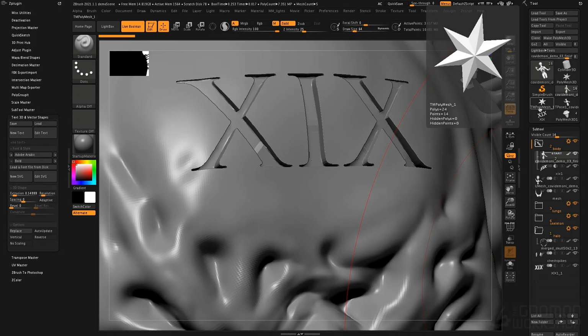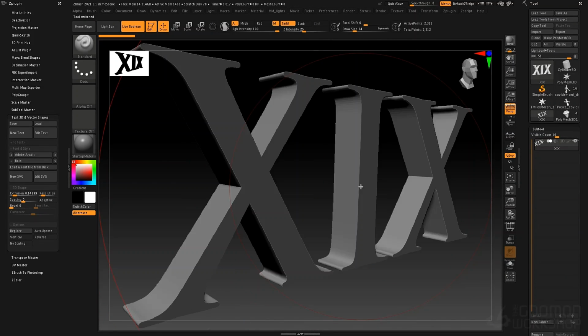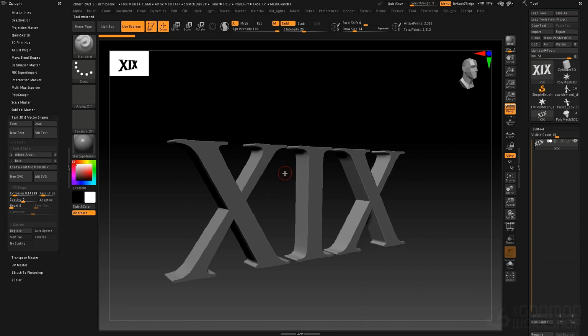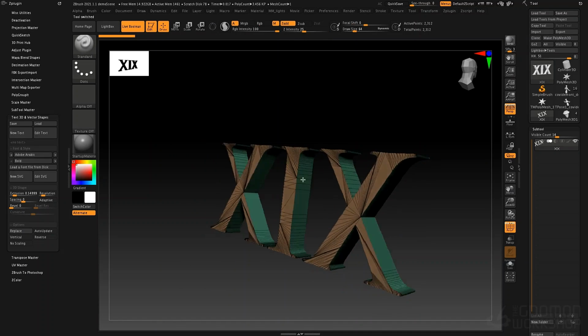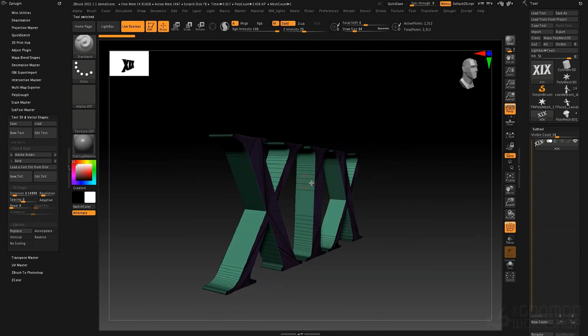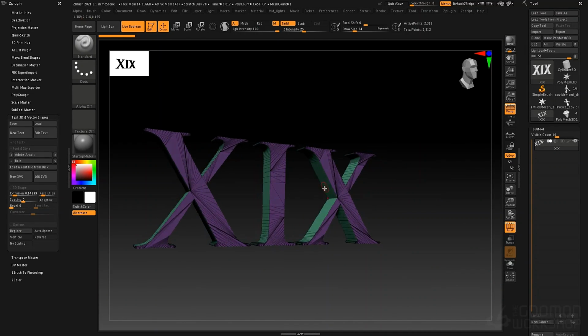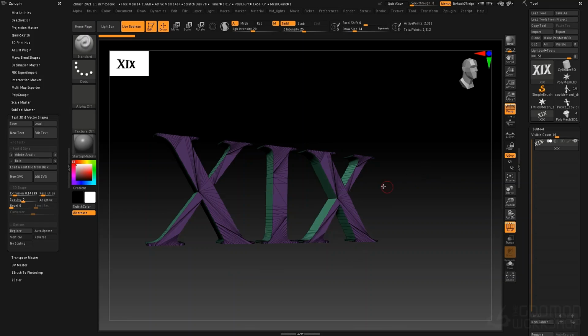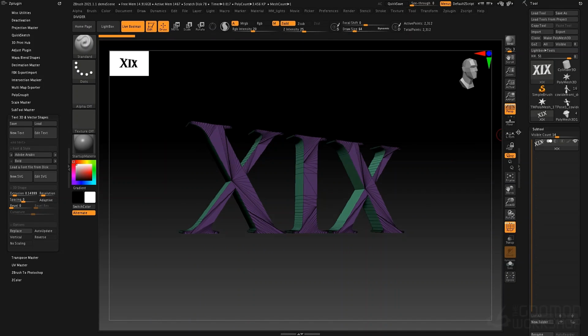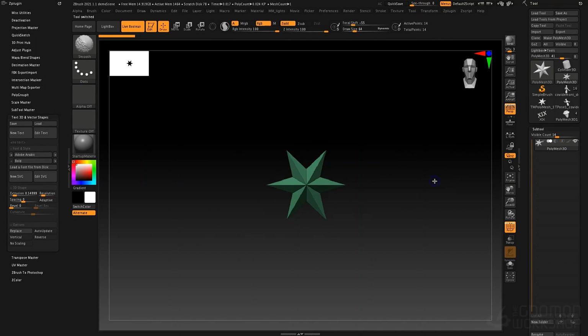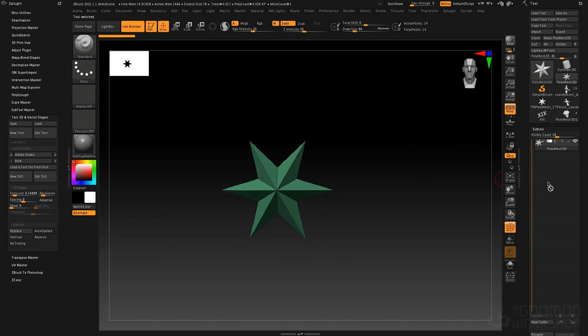If we go to this Z tool here, you can see this is the actual Roman numeral text object. If we go into frame mode, it is actual polygeometry. It's extruded with polygrouping for each front and back face as well as the thickness. So let's take a look now at how we actually create something like this. I'll go back to the Polymesh star just to simplify things so we don't have a whole bunch of subtools